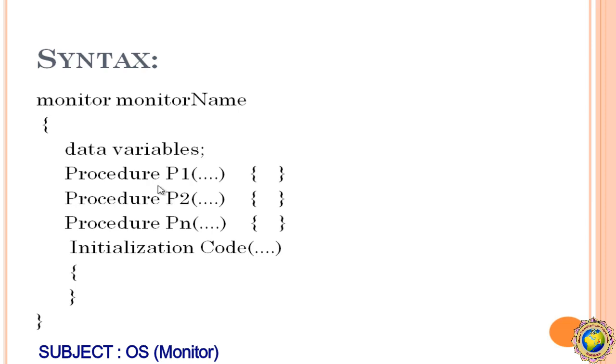For example, at any instance, only one process can be active in a monitor. This property allows the monitor to achieve mutual exclusion. We have already seen mutual exclusion, that means at the same time only one process can be active in a critical section. Along with mutual exclusion, condition variables allow a process to get blocked when called by the process. Only two operations, wait and signal.